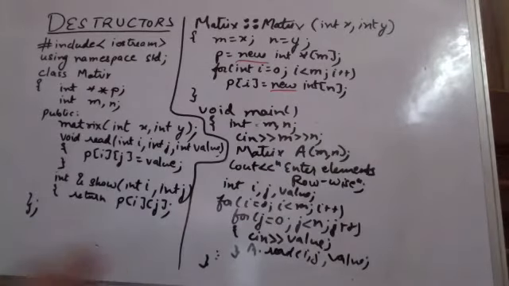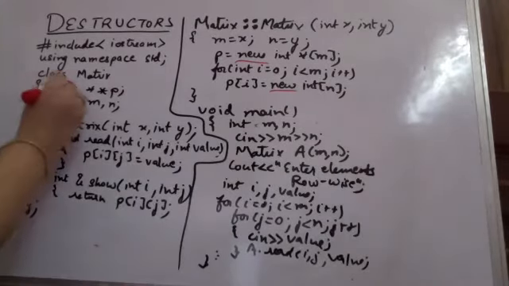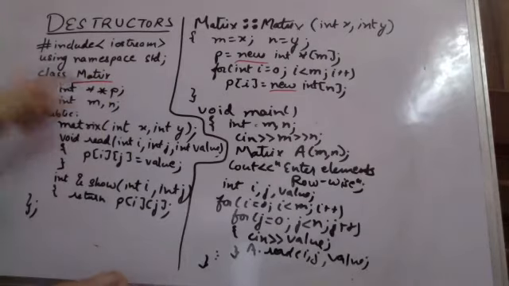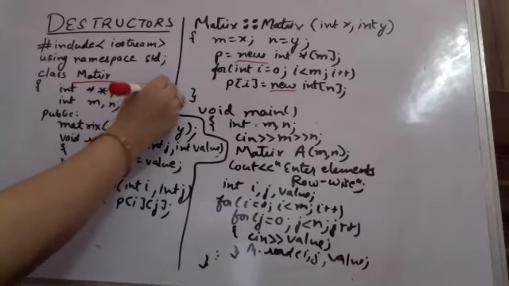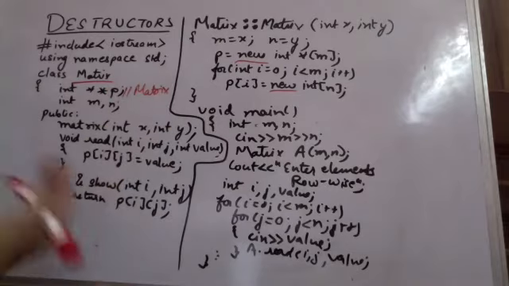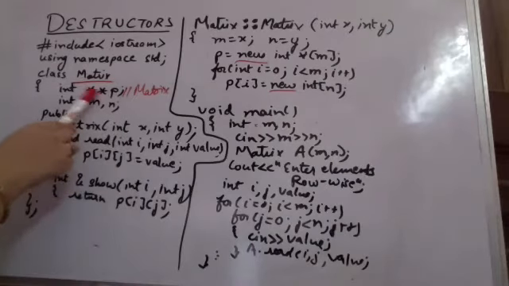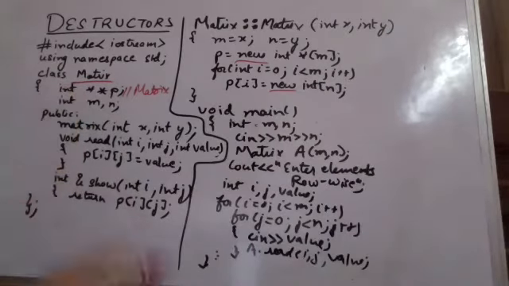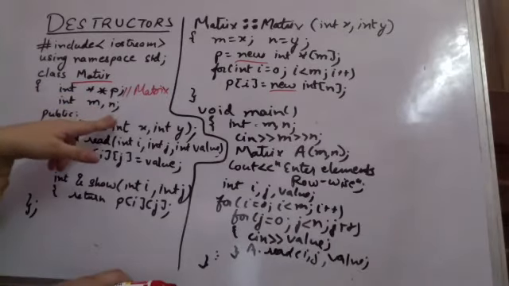Now let us understand the current example, the same example which we have done in the previous class also. So I am having a class matrix. P is going to represent my matrix, which is a double dimensional matrix. है तो 2D है. It's a 2D array, so I'm going to represent it by pointer to pointer. Since it's a double pointer, I have the dimensions of my matrix m cross n.